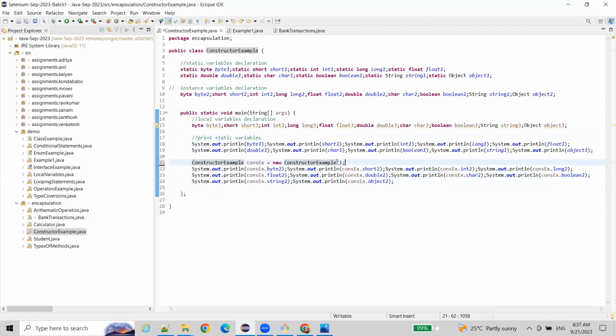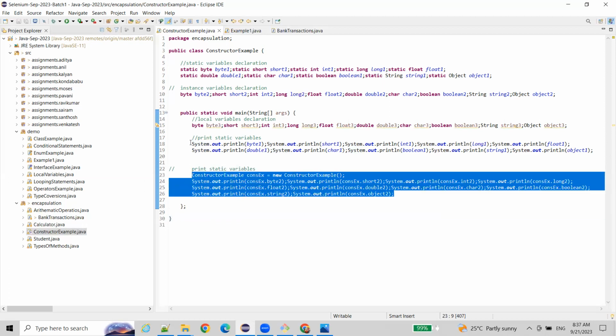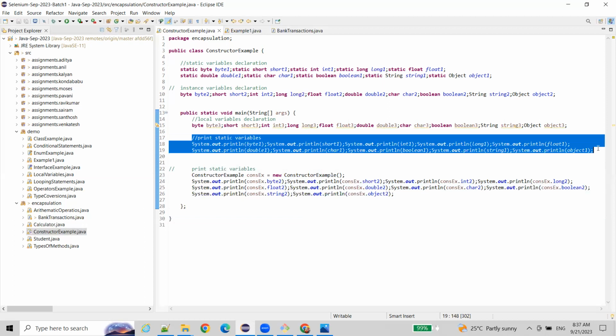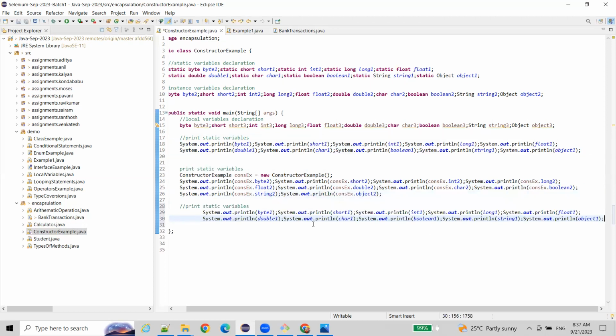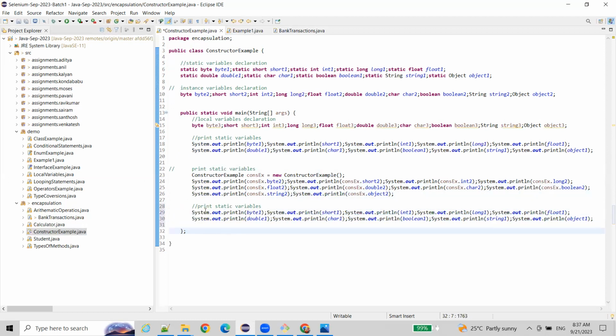If you want to print instance variables, you must allocate memory for your instance variables, then only you can print. Similarly, we have local variables, right? Let me print local variables. So my local variables are 3, 3,